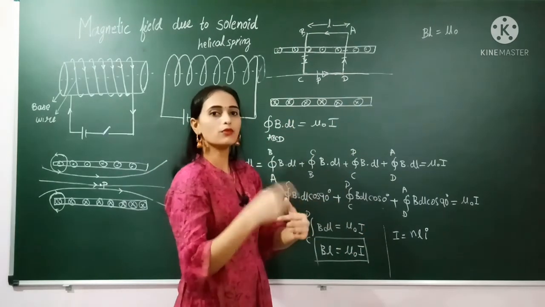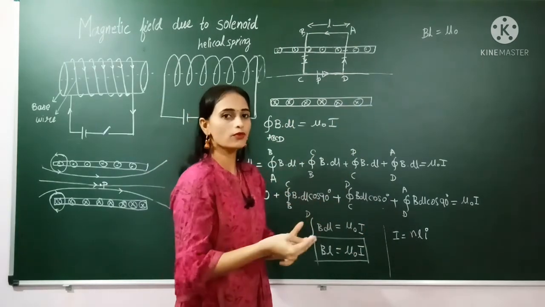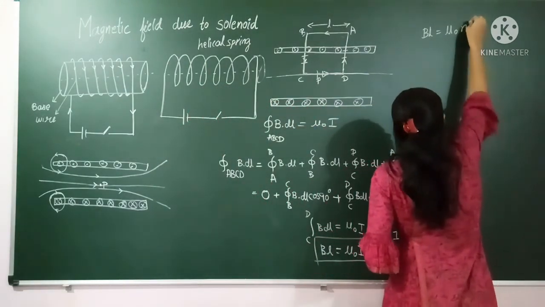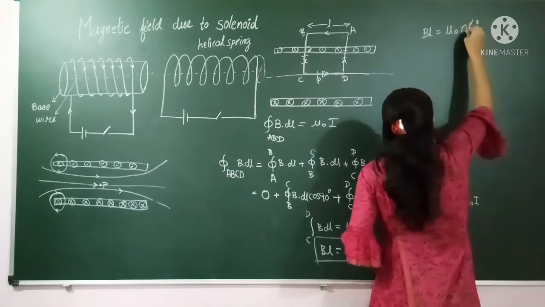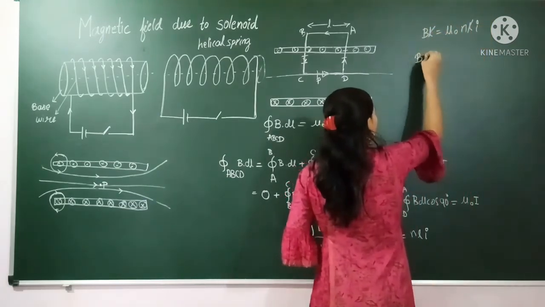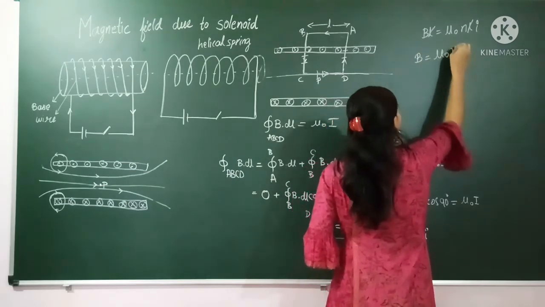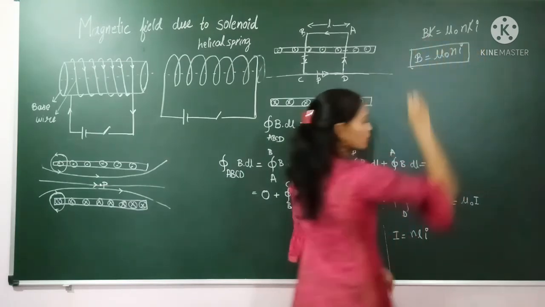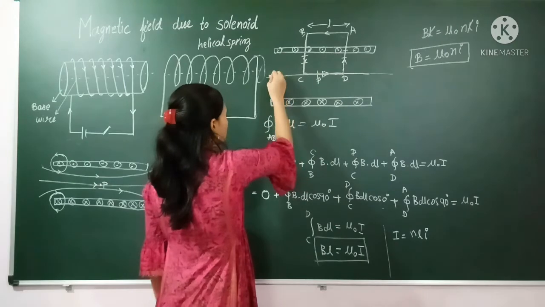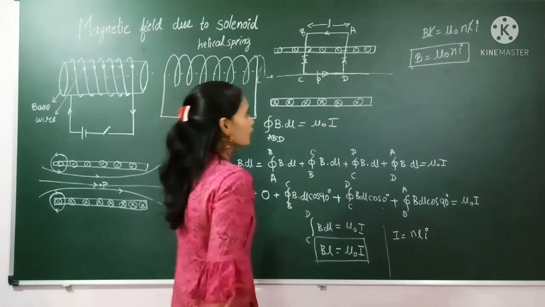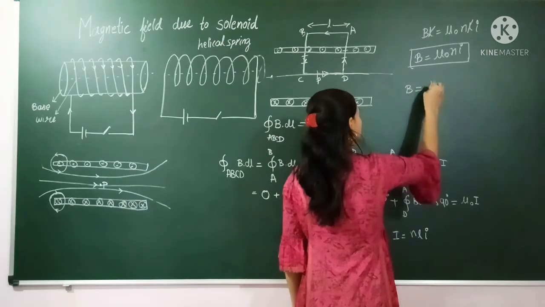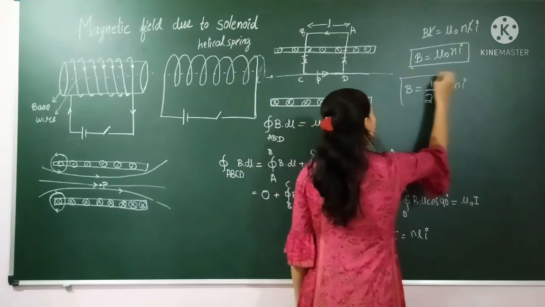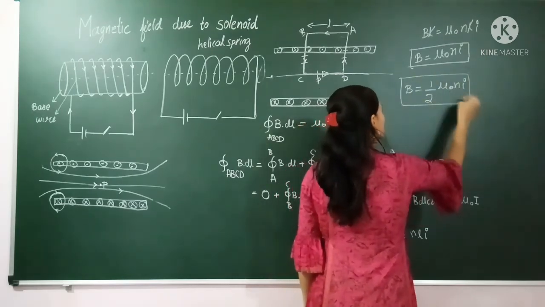I is the current in only one coil. So like that we have N number of coils in L length of wire. So we will multiply by mu naught, N, L and I. In this case this L and this L cancel. So B is equal to mu naught N I. So this is the magnetic field inside the solenoid at the center. But if you take it at the end of the solenoid, then you will get B is equal to 1/2 mu naught N I. Why we get 1/2, I will tell you in the next video.